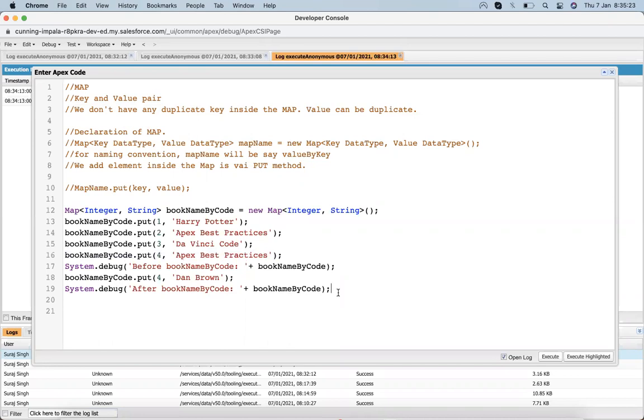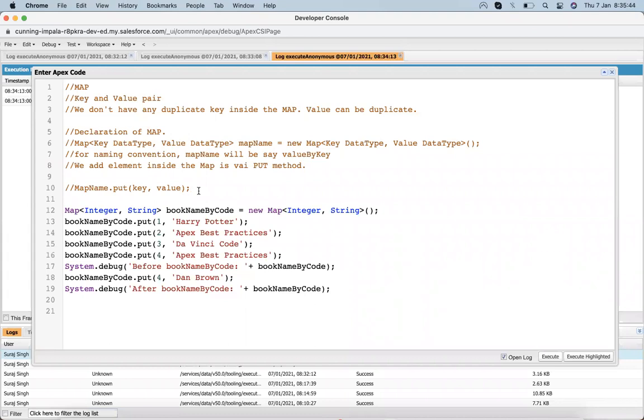Okay, so what we have seen is how we put a value inside a map. Let's see how we extract a value from a map. Just like a list, a map has a get method. A set does not have a get method.